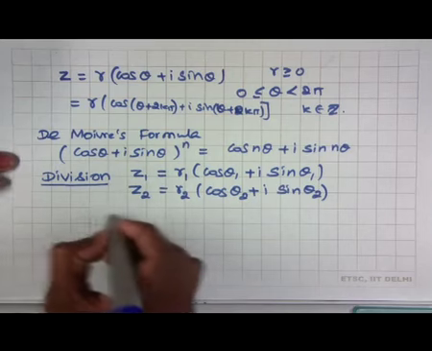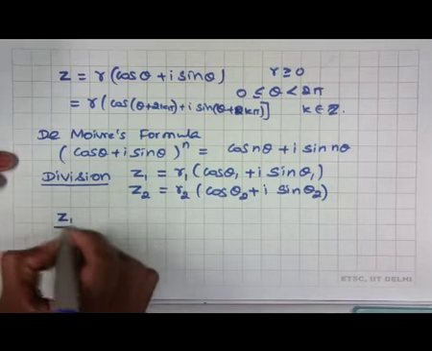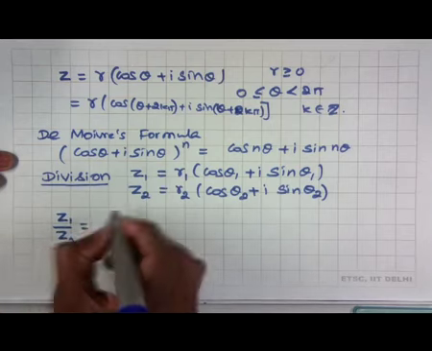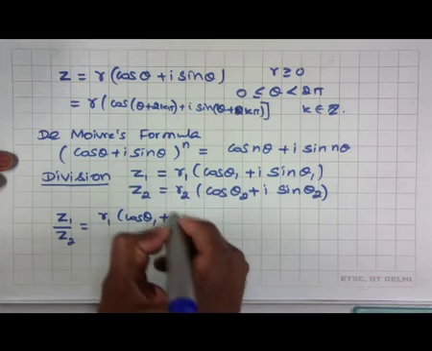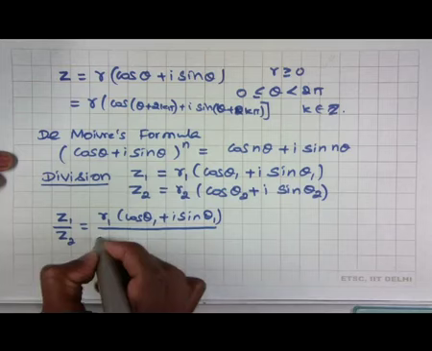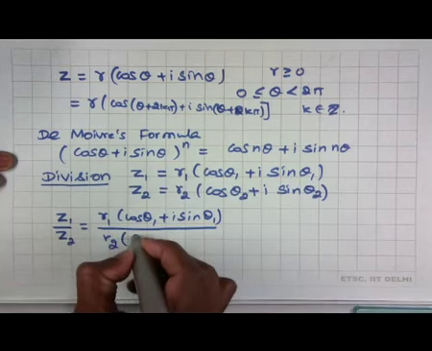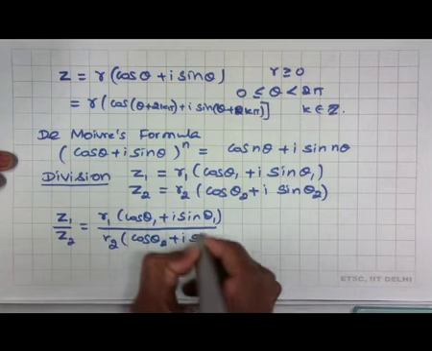The division we can derive directly. When we divide r1 (cos theta 1 + i sin theta 1) by r2 (cos theta 2 + i sin theta 2),